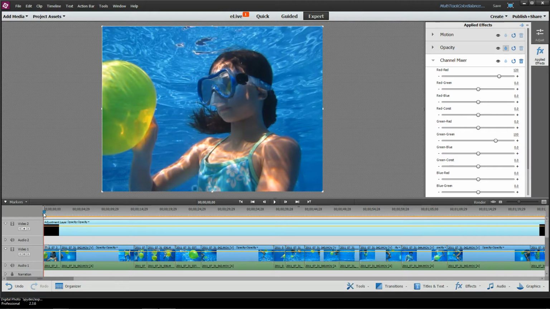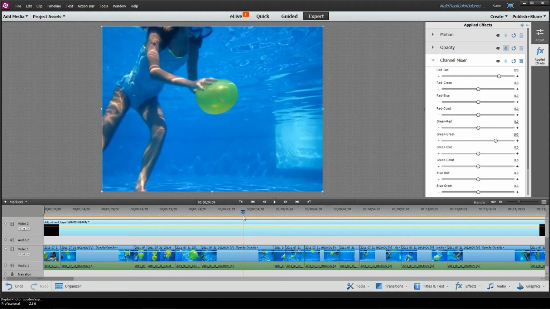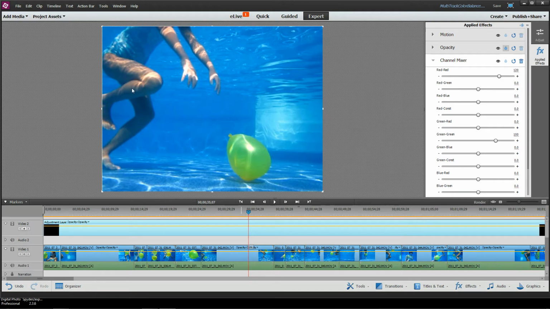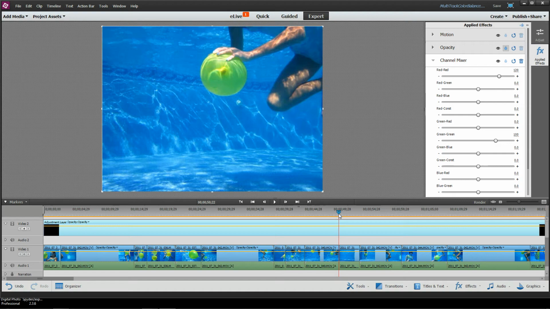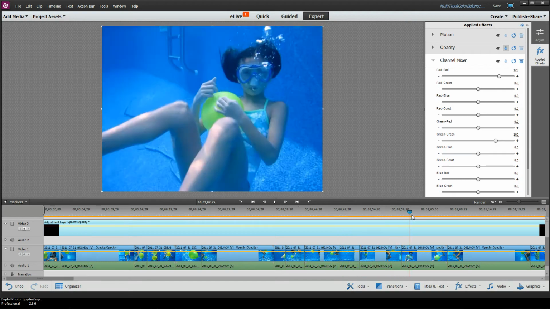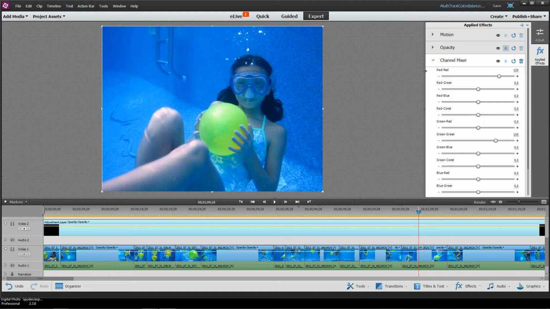Now as I dance my cursor around to other clips, like this one here, notice the color of the legs and the eye and the arms with it on and off, so I'm able to apply that color balance to just about every clip on here. Now some might not be perfect, like this one here. Down at the deep end the color balance will be much different. What I'd like to do is apply the color balance differently at this one particular clip.